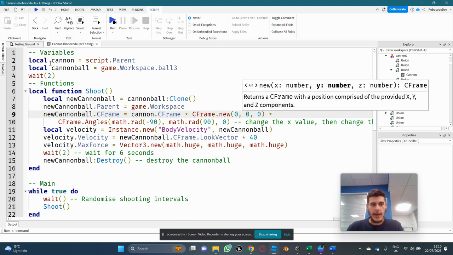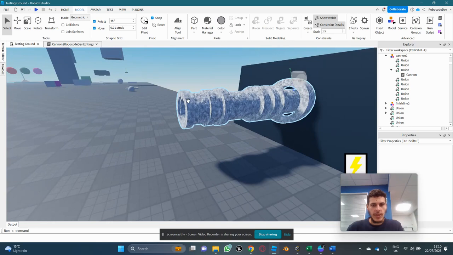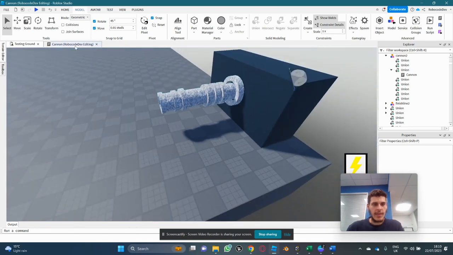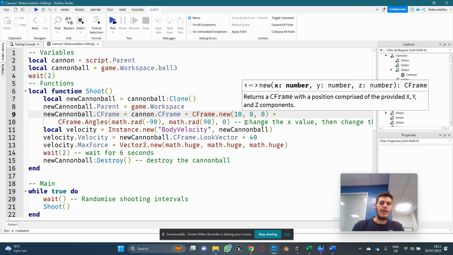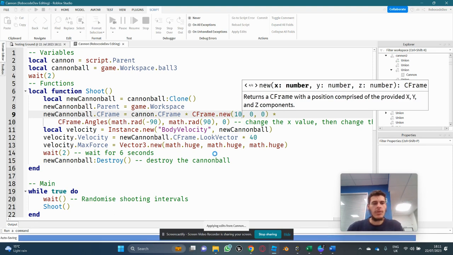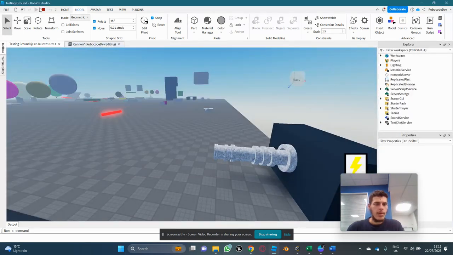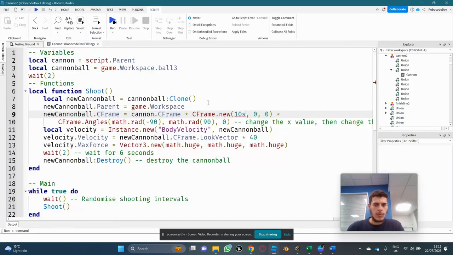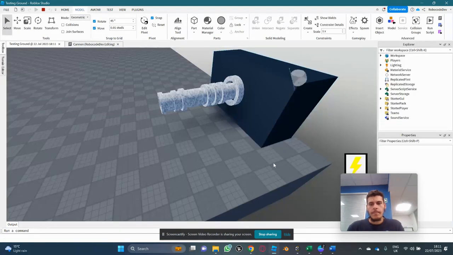also, by the way, you can change the position value if it's not coming out the cannon the right way. So the way I've positioned mine is that it's coming from this position here. Let's say I was positioning from the center. If I want to move it forward 10, for example, I could do 10 here. And now what you'll see when I shoot the cannon, an S, sorry, just move that S. Now when I test it,